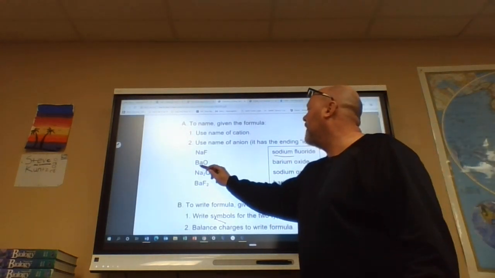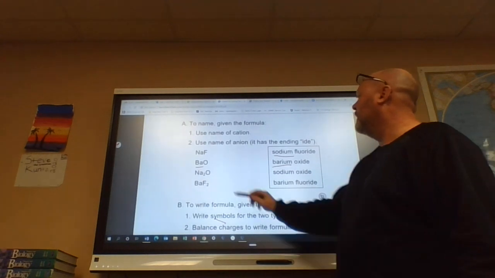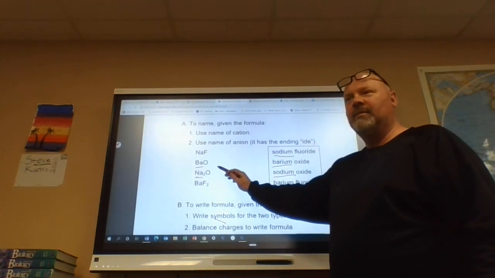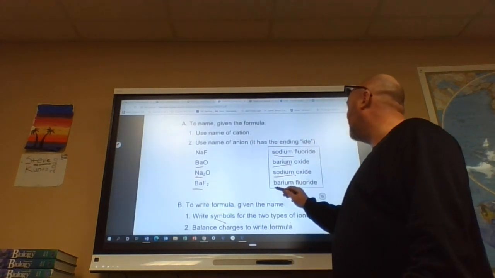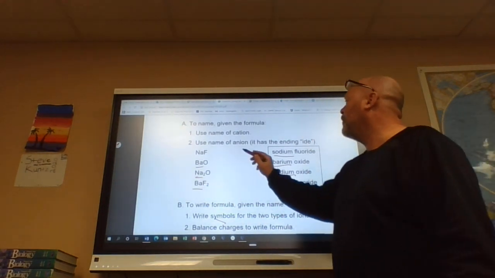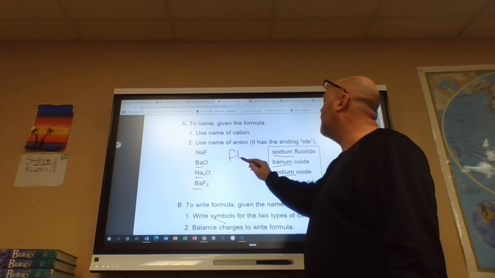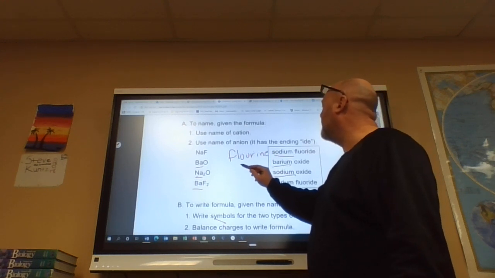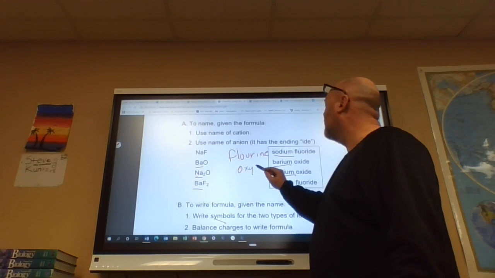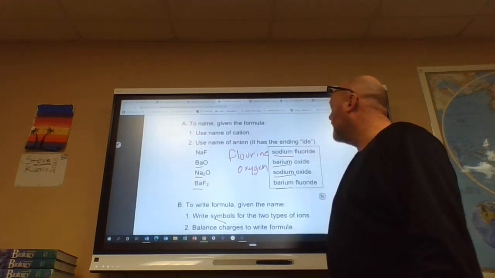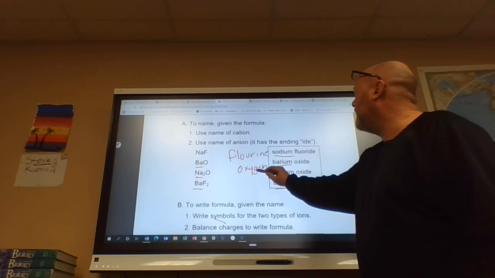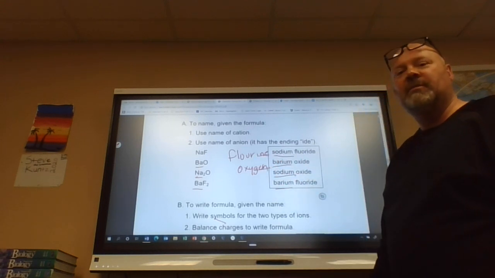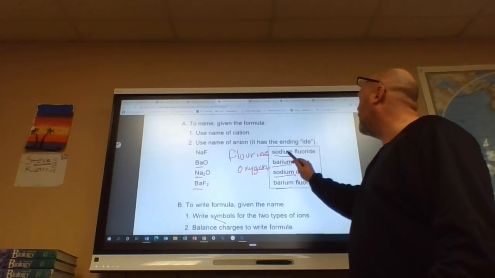Next one, barium. You just write barium. Sodium, sodium. Doesn't matter the numbers, you just write it. So we have barium again, barium. The only thing you do is, normally this is fluorine. Normally this is oxygen. Okay? The only thing you do is, you take those last letters off and you replace it with IDE. That's it. So now this becomes sodium fluoride,